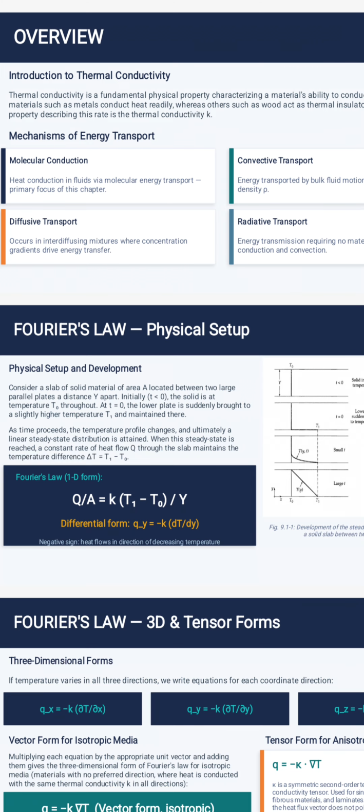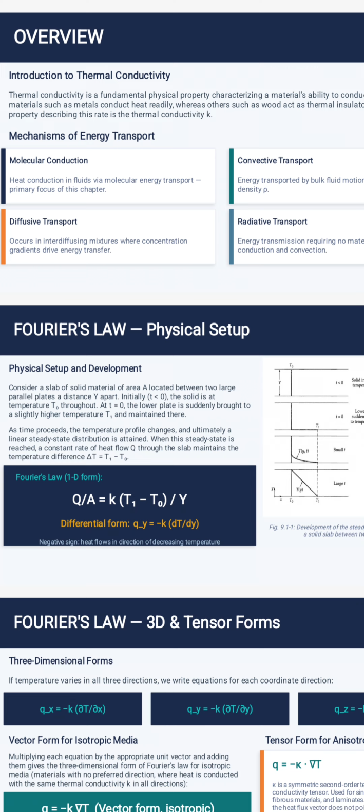At t equal to 0, the lower plate is suddenly brought to a slightly higher temperature T1 and maintained there. As time proceeds, the temperature profile changes and ultimately a linear steady state distribution is achieved. When this steady state is reached, a constant rate of heat flow Q through the slab maintains the temperature difference